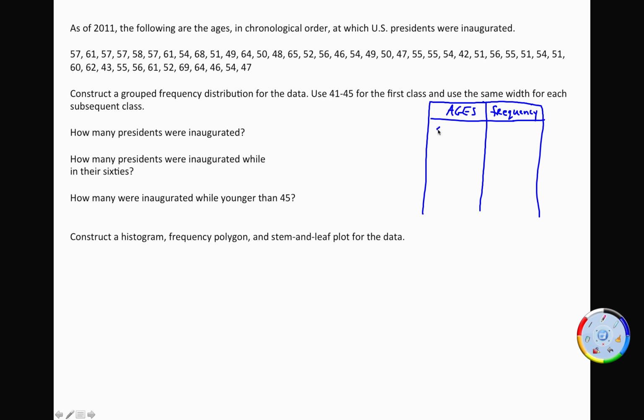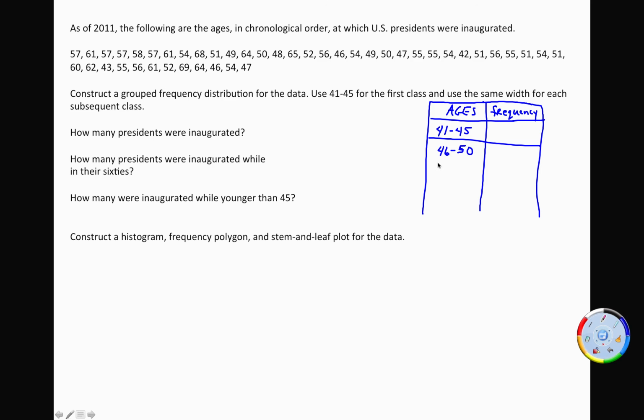And I've got to start with 41 through 45. And I probably want to see what my oldest person is. There's a 69. Okay, 69. So 41 through 45, 46 through